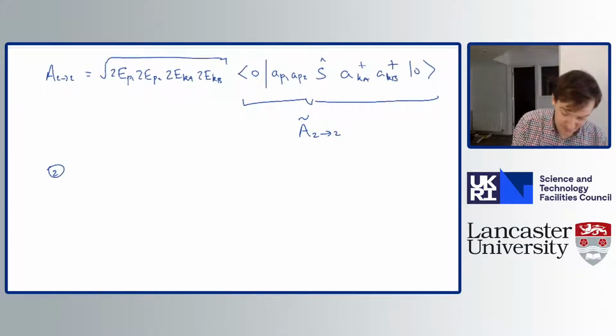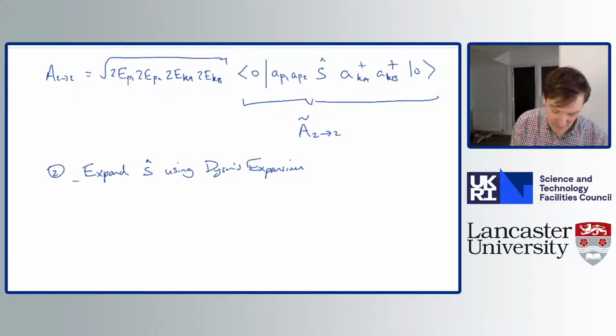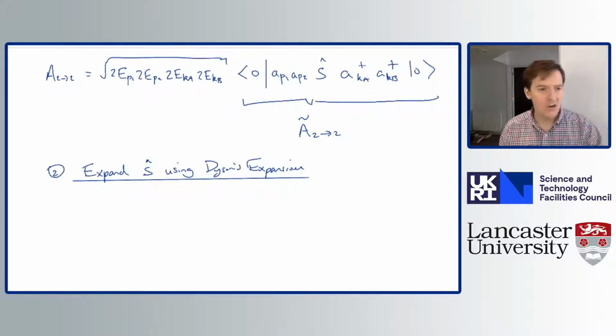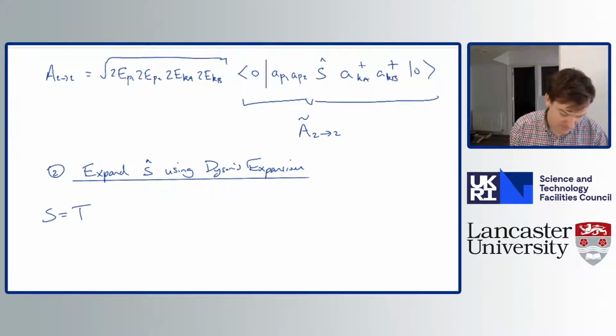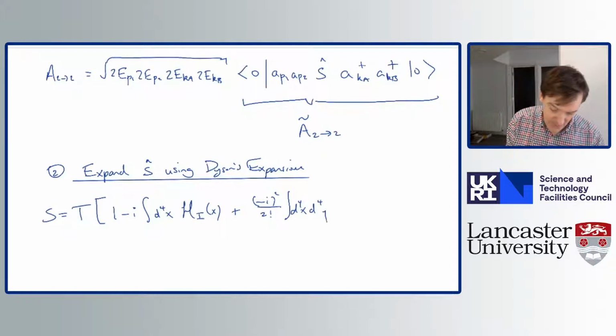Next, let's think about step 2. We have this S buried in this amplitude still, and we want to deal with that. As I said before, we're going to deal with S by expanding it using this Dyson expansion. That's going to be straightforward. We've already written down what this expansion is. Just to remind you, 1 minus i, now using d4x, and the Hamiltonian density H_I at space-time point x. And then we'll get other terms as well from the exponential. Let's write down the second term as well. So we can do d4x, d4y,